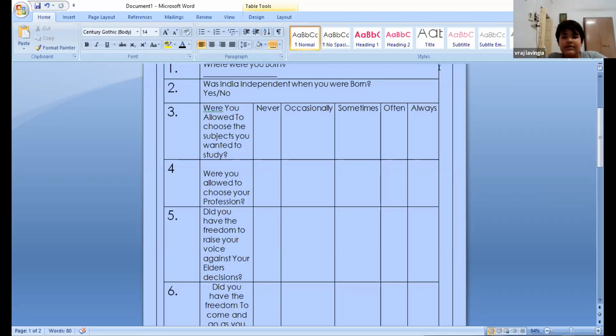Ma'am, but I wrote the whole thing, yes, no, or occasionally. No problem, no problem. This has to be there: never, occasionally, sometimes should be there, which will be common for all the questions where it is already written. Apart from that, we also have questions where they will elaborate on it. We discussed those kinds of questions also. I think you children have forgotten it.